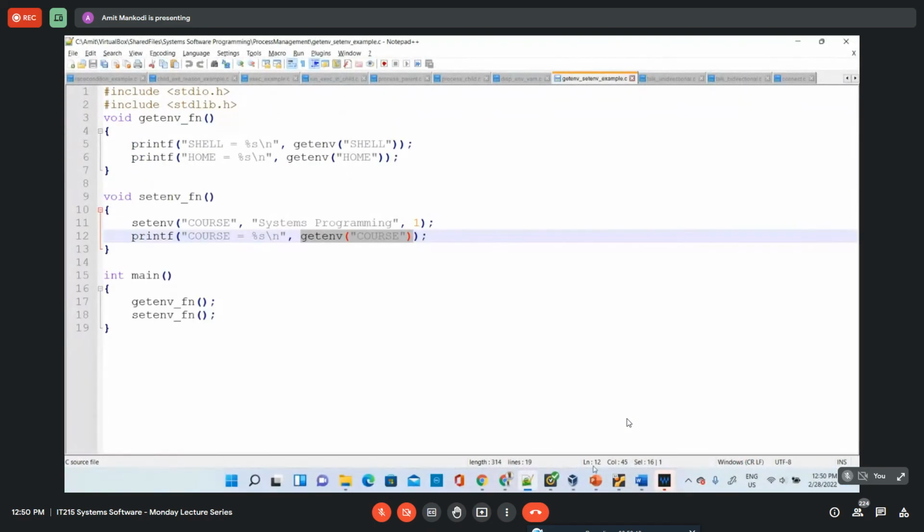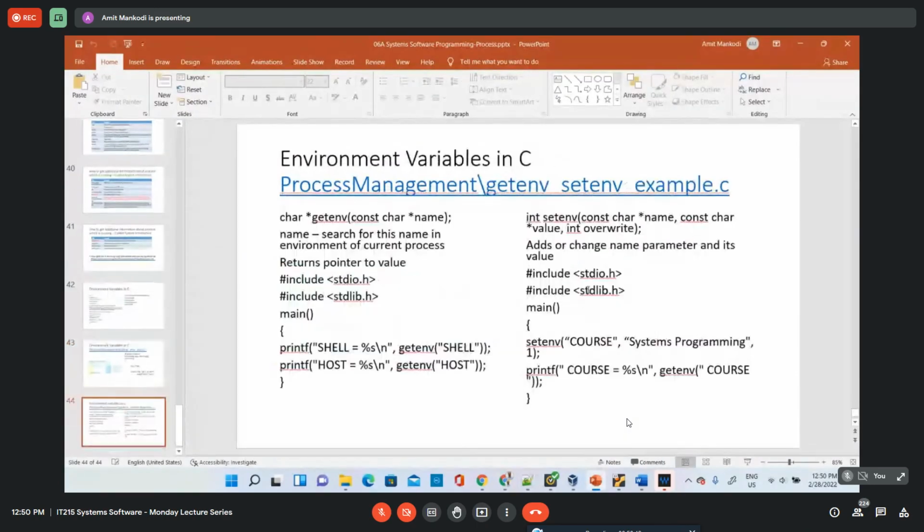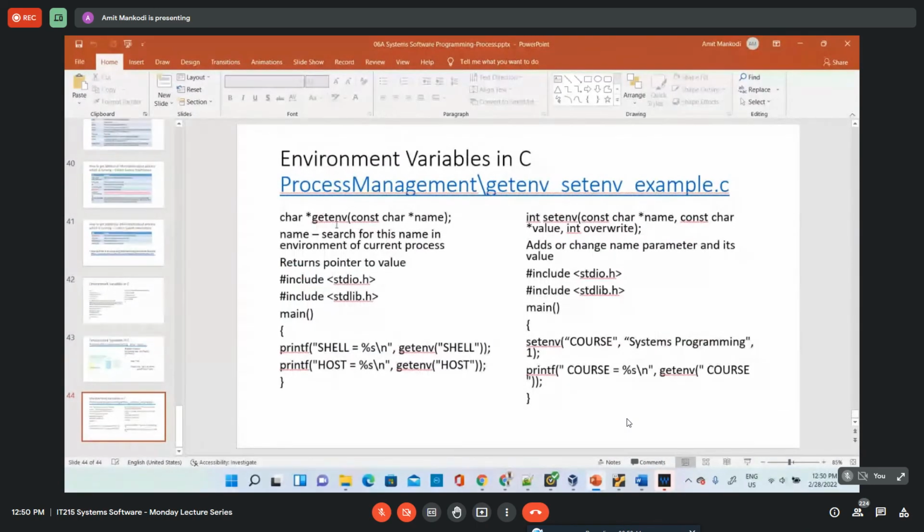So there are two functions which are available to us. One is called getenv. With getenv you will provide the environment variable string name. The name of the variable will be provided as a string here, for example like SHELL or HOST. This is what will read the value of the environment variable. And then you have setenv also, where you will be able to set a new variable as an